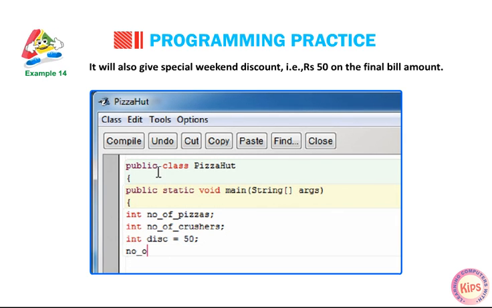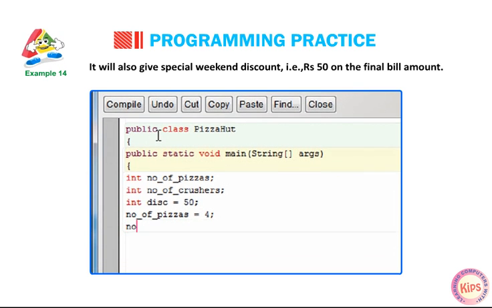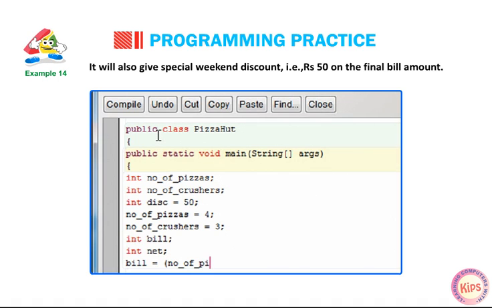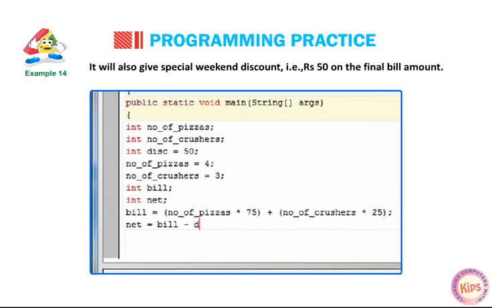number_of_pizzas = 4; number_of_crushers = 3; int bill; int net; bill = (number_of_pizzas * 75) + (number_of_crushers * 25); net = bill - discount;